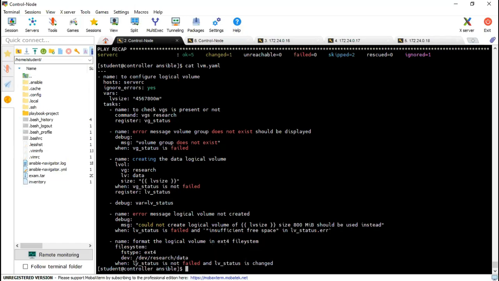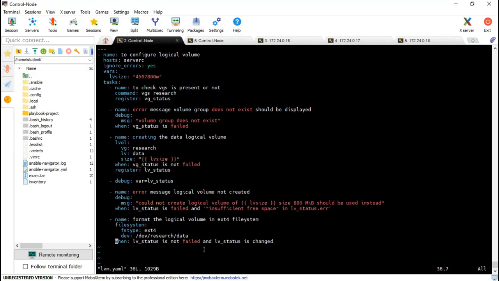So it will only format when LVM status is not failed. Once LVM is created, then this will format the LVM. See, it's all about the case, right? If you went through the conditions which we discussed during our session, go with that as well, right? So now let me change it to 800, right?